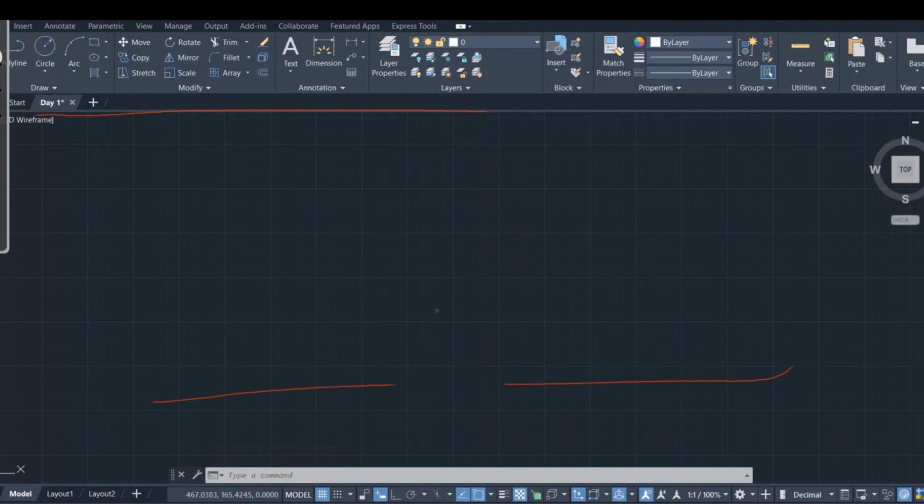While working in AutoCAD, we must have certain units. Are we working in mm, or in inches? That means we are working in decimal, or we are working in inches. For example,